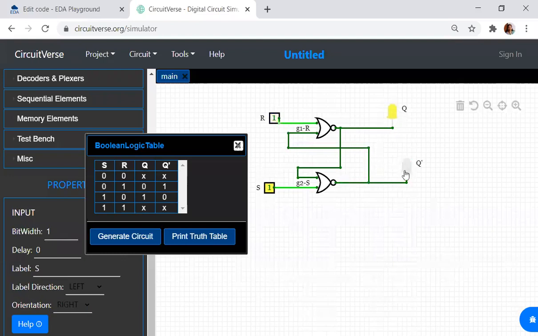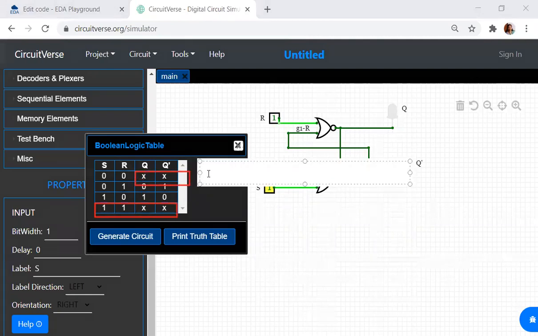It goes into something known as forbidden state. So this last combination will be a forbidden state. But here we will write the values as Q and Q bar only, because it has retained the previous state.